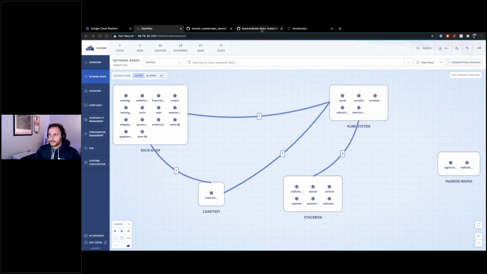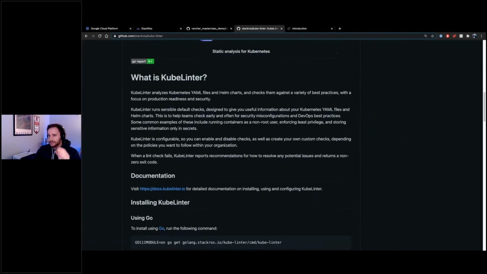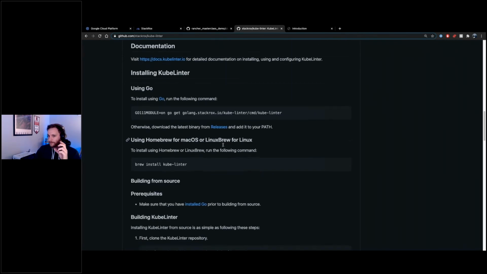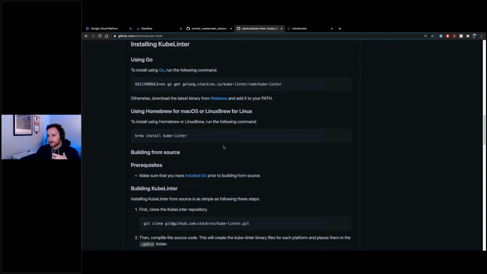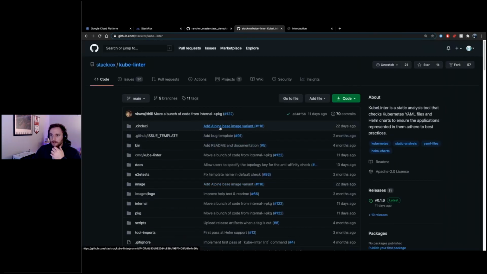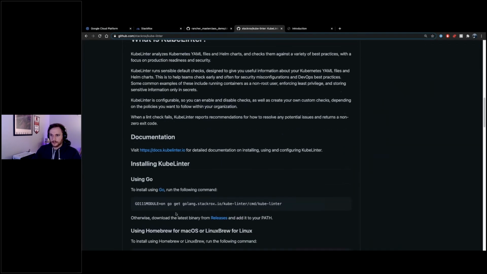Now, if you want to learn more, I'll probably head over here first. So you can find KubeLinter on GitHub. Again, it's pretty simple to install. It's just a Go binary, so you can install it using Go, build it from source, or you can use Brew if you're on a Mac to install it. Fairly simple though. Now, to show you what some of the policies look like, let's go to